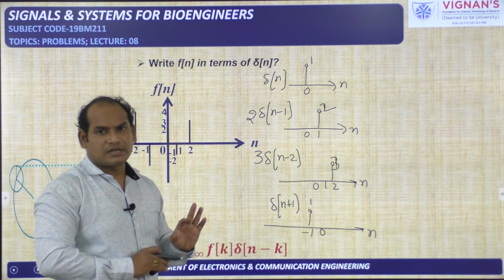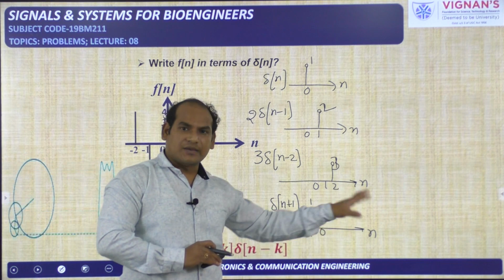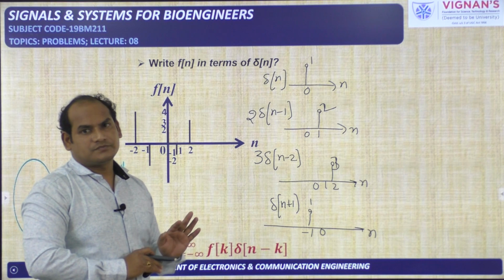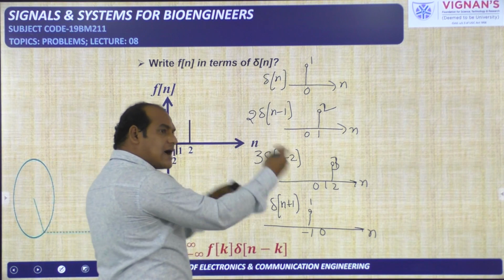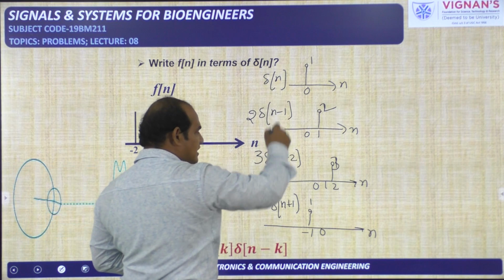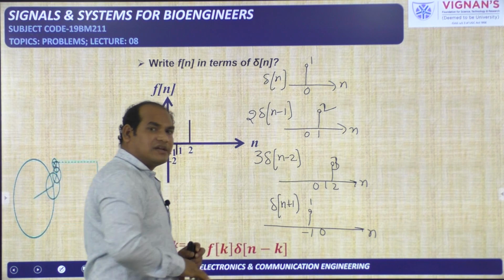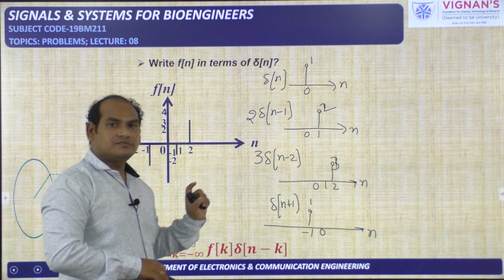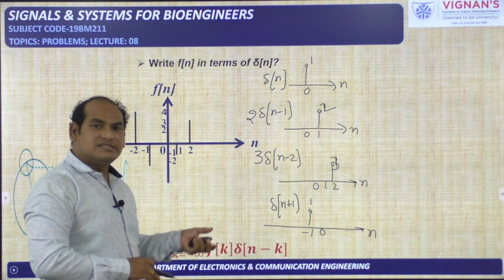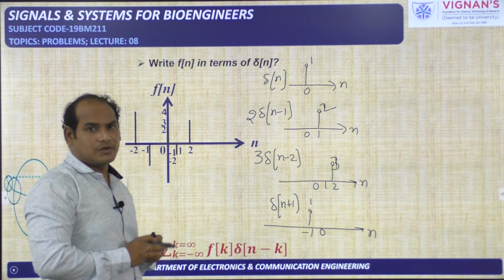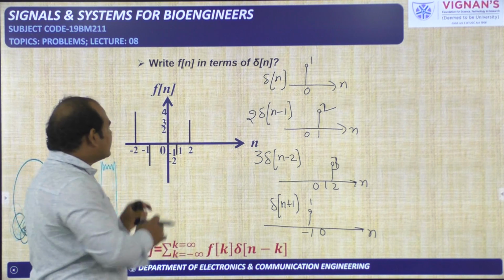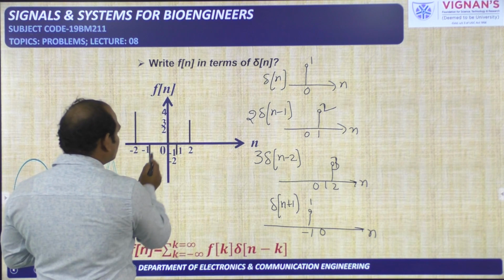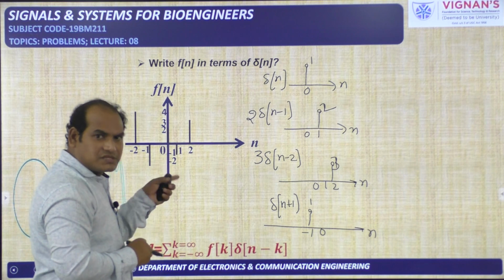So one thing we have to remember: the sample can be available at any time, on the positive side or negative side, and the sample amplitude can also be anything. So any sample can be represented in terms of some modified version of del of n. That modified version means amplitude scaling or time shifting. By performing these operations we can represent any sample. Now you see this f of n. This is one signal. What is a signal? Signal means here the collection of 1, 2, 3, 4, 5 samples for this one.